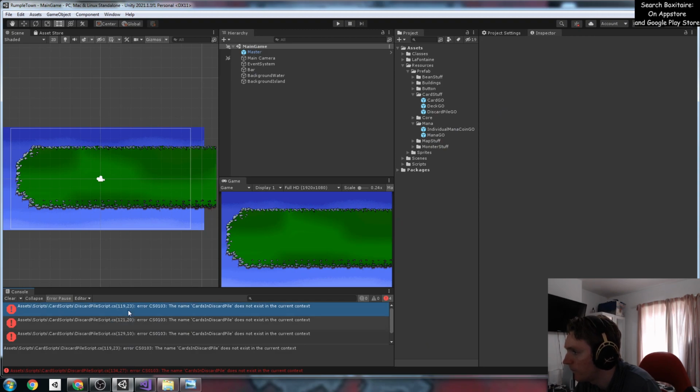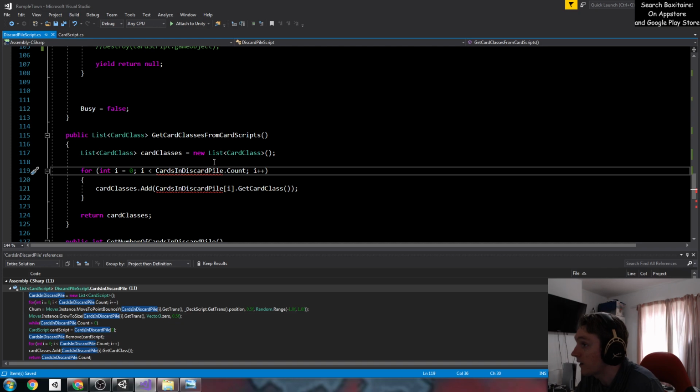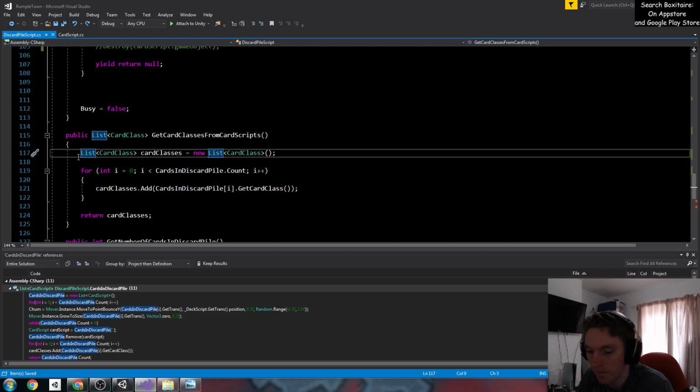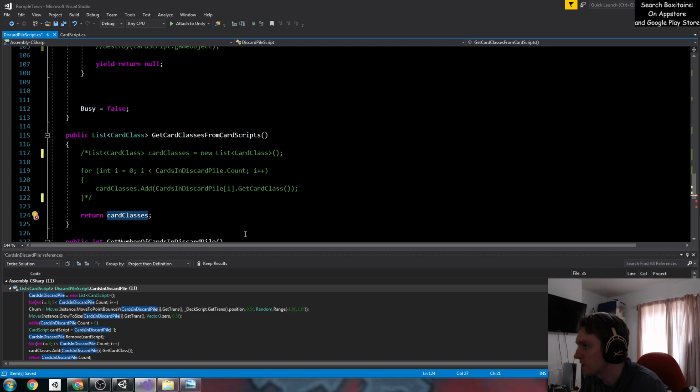Down to 4. So get classes from... Oh. We can get rid of all this. We simply... Actually, no, hold on. I'll just comment it out. But we just need to return...